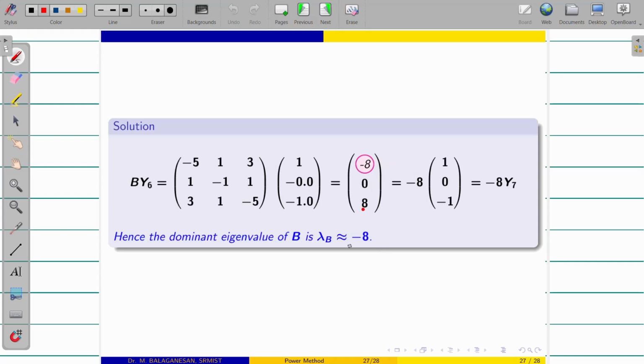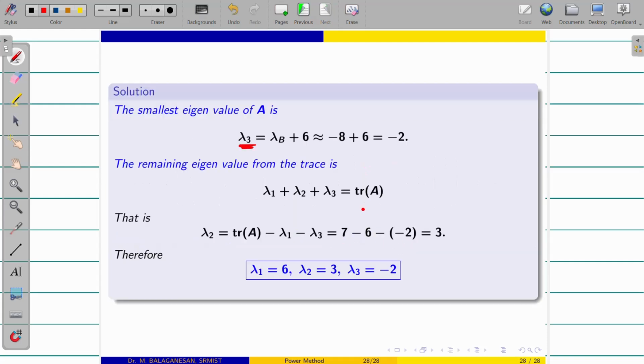Using that, how can I find lambda 3, which is equivalent to the dominant eigenvalue of B plus lambda 1? So it will be minus 2. This is lambda 3 is minus 2. Lambda 1 is 6. How can I find the other eigenvalue? The sum of the eigenvalues is equivalent to the sum of the main diagonal elements, or trace of A. Right. Now lambda 2 is equivalent to trace of A minus lambda 1 minus lambda 3. I'm getting 3. That's it. This is the way to find